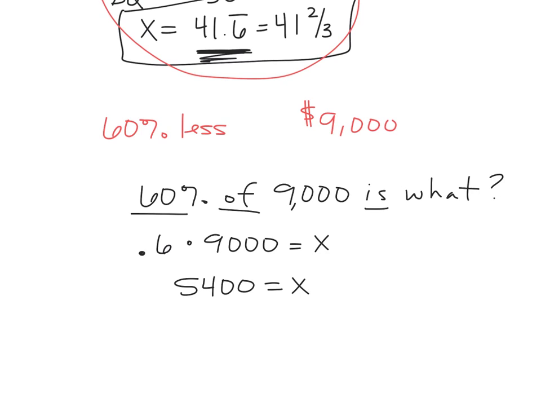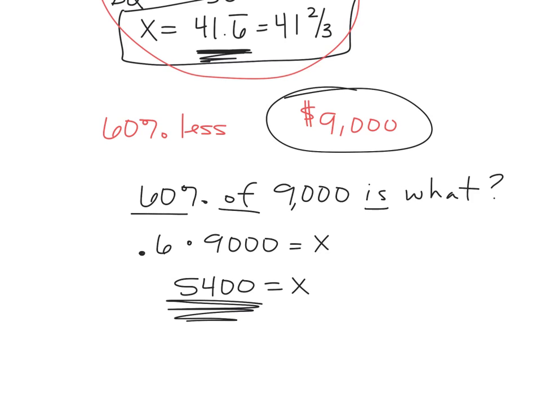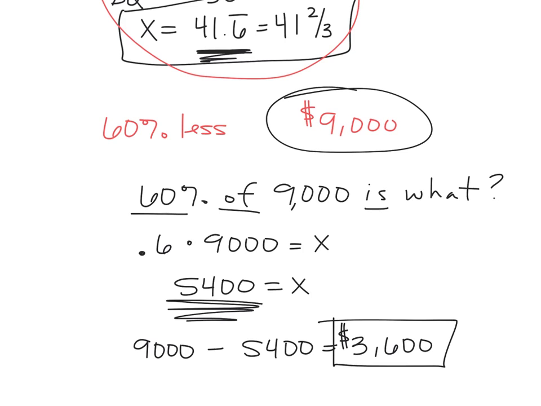Okay, the question was, if they originally bought the car for $9,000 and they sold it for 60% less, what did they get? You have to subtract it, right? So you have to go 9,000 minus 5,400, and you will get 3,600. So if they sold it for 60% less than they bought it for, they sold it for $3,600. Wow. Okay? That's a bummer. Cars depreciate so fast. Okay,